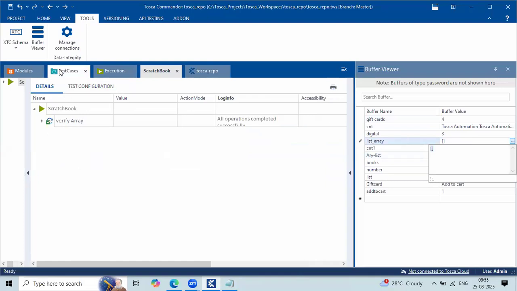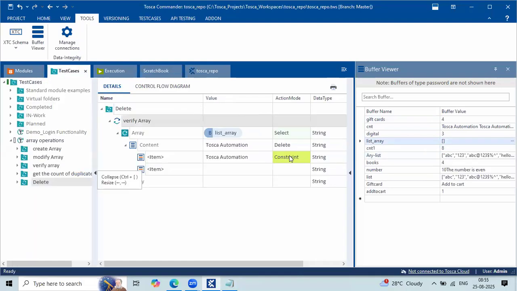This is the search one. I just use the action mode as constraint. I'm searching that, and after that, I'm asking Tosca to delete it. Same thing. So find the search criteria. If that is there, it will delete that respective one. Otherwise, if it is matching that entire list, then it deletes the entire list here. So what I'll do now,